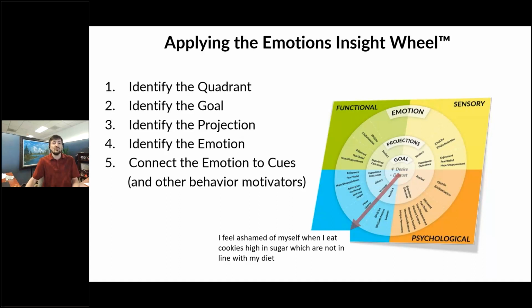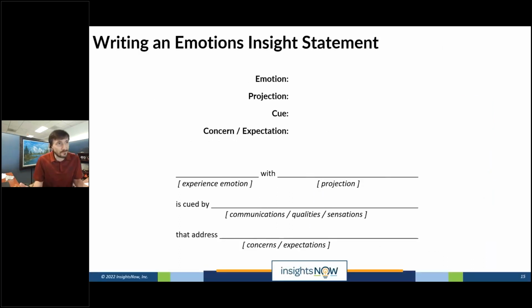Okay, so let's jump right into what a lot of you are coming here for, because I talked with a lot of you before you came in. This is the rubric that we like to use. And don't get too hyper specific with the connecting words, right? You're going to have to make this good English at the end of the day, but you really need to focus on finding out four key things: the emotion, the projection, the cue, and then what the concern or the expectation is that's driving that. And so then we have just a simple rubric here: the emotion connected with whatever the projection is, cued by blank, which addresses blank.